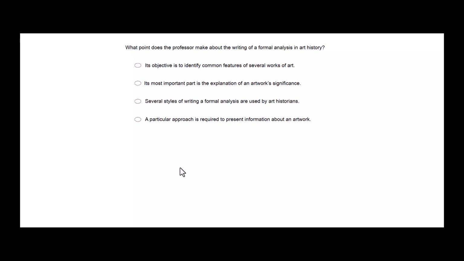Please don't mistake the options in a style with the number of styles of writing a formal analysis. No, in the lecture, the professor mentioned just one style of a formal analysis,